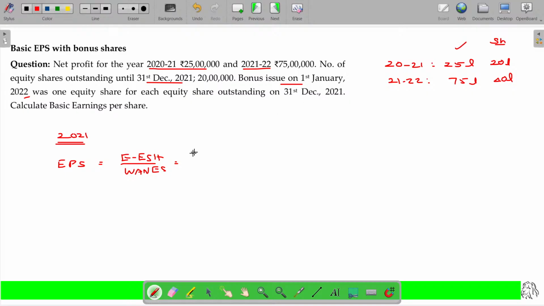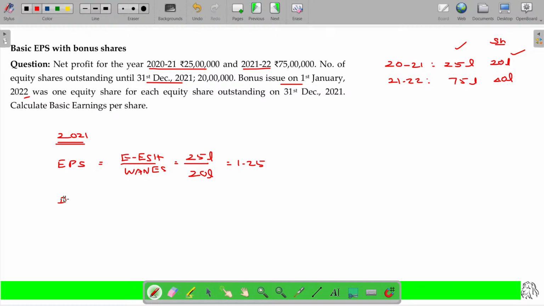So in 2021 being 25 lakhs divided by number of equity shares being 20 lakhs, 1.25 is the EPS. But you can expect that you are supposed to issue the bonus shares in the coming date. As you plan to go for bonus shares, definitely next year your EPS should not be 1.25,